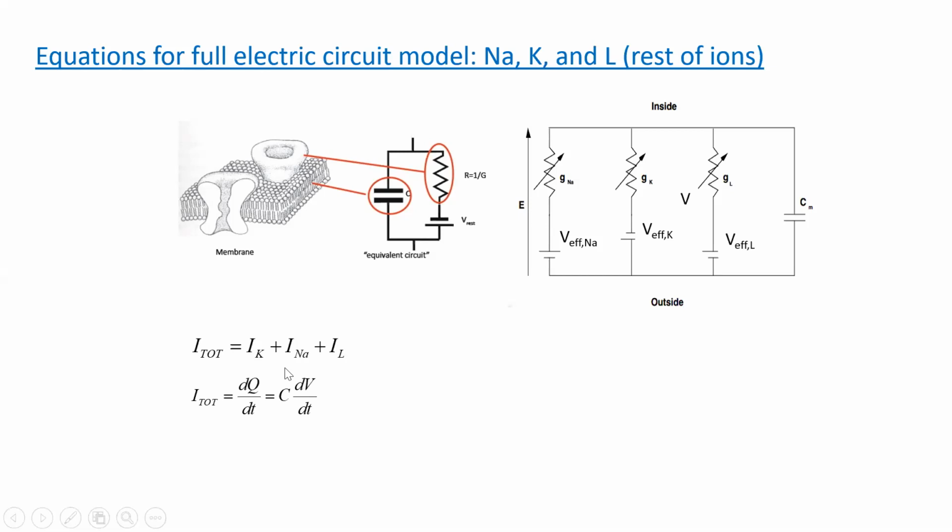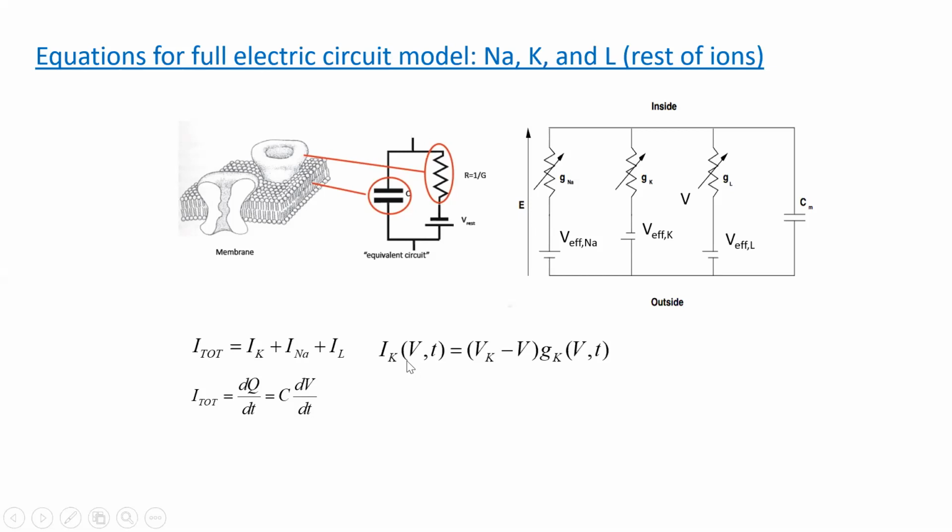That current can be related to the capacitance by noting that the current is the rate of change of charge with respect to time, or dq/dt, where q would be the charge, say the positive charge on the outside of the cell. And then, since for a capacitor q is equal to CV and the capacitance is constant, this becomes C times dV/dt, where V is the membrane potential. So combining these,